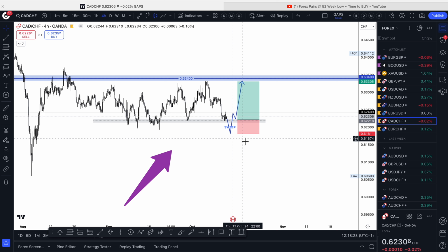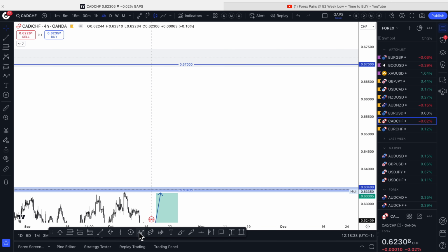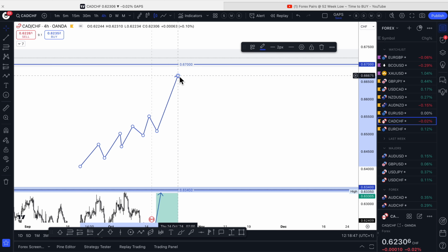It may not be close to a 52-week high or a 52-week low, but it may be making a higher high that is way overextended. I'll just explain here. So if we see the market doing this, making new highs, and if I see this, you can see this is a huge